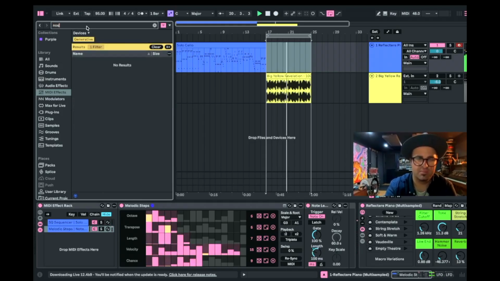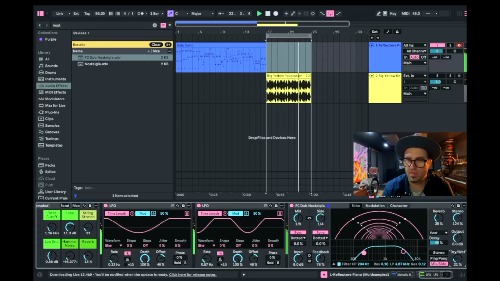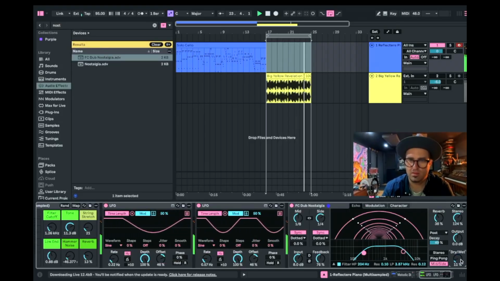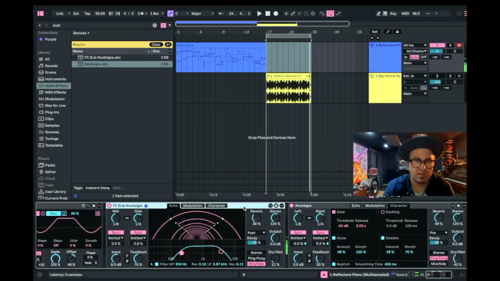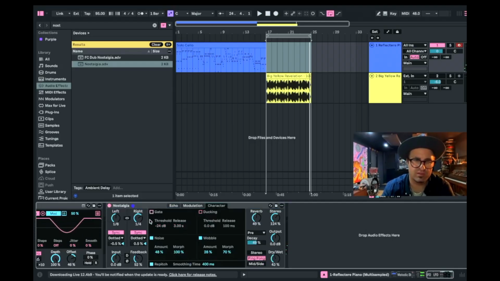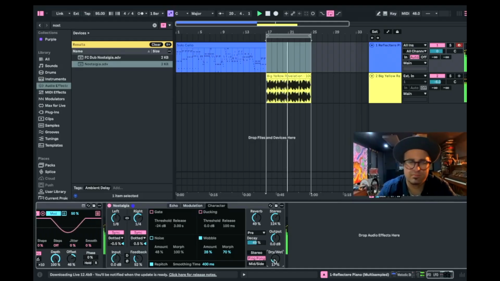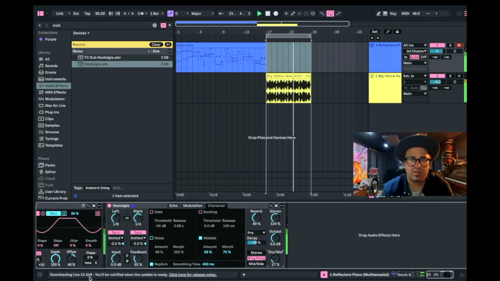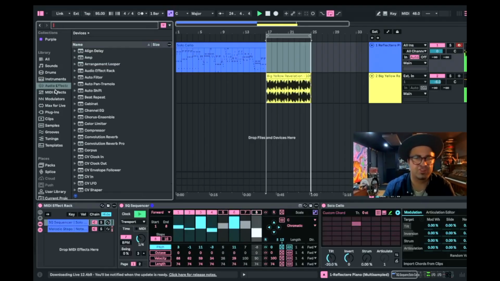I might just add a bit of delay for some vibe. Try go straight to the source. Turn the noise off. And maybe I want to change